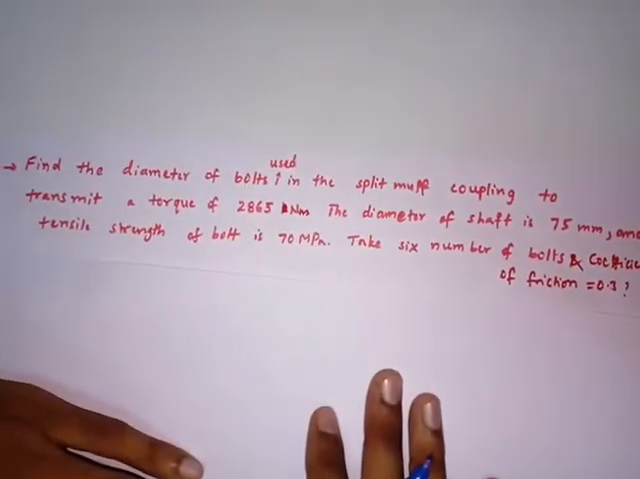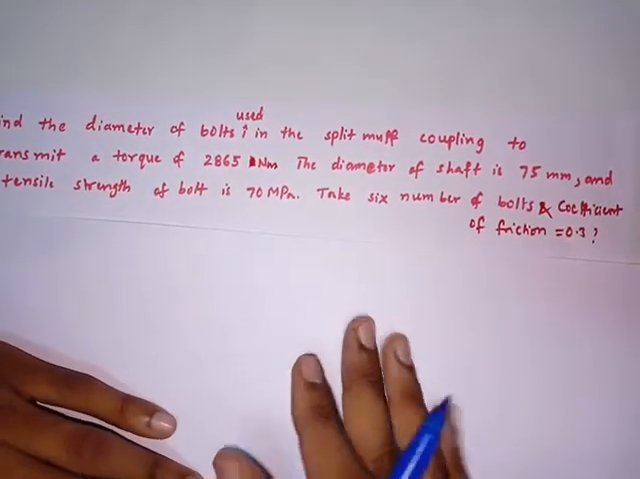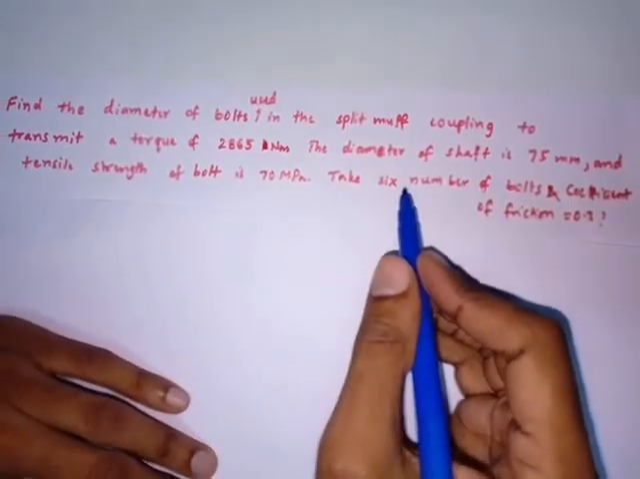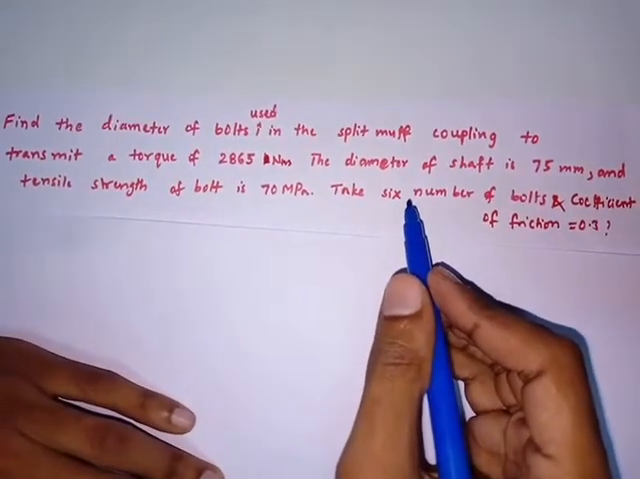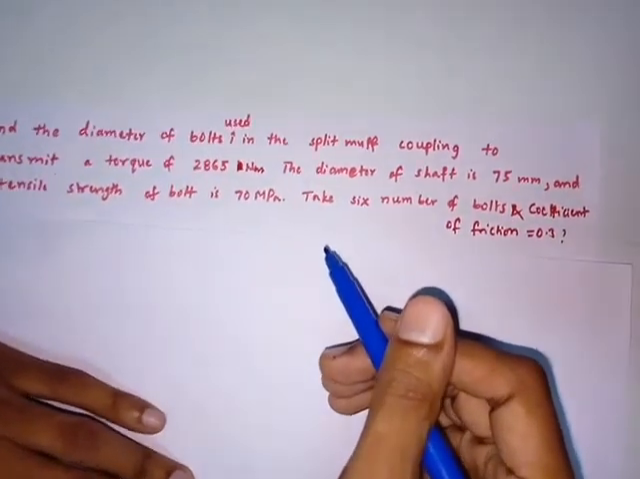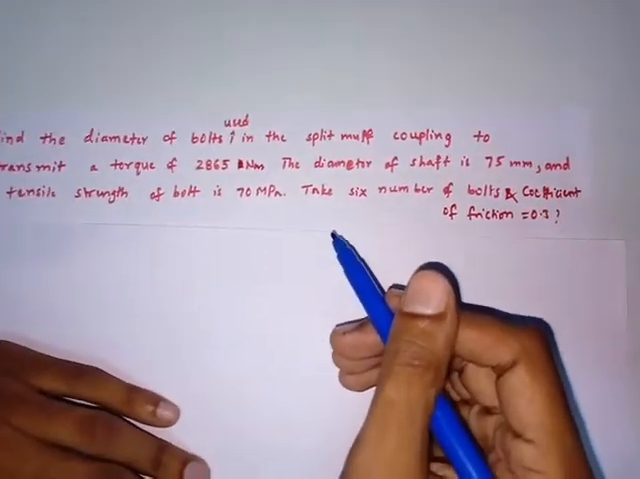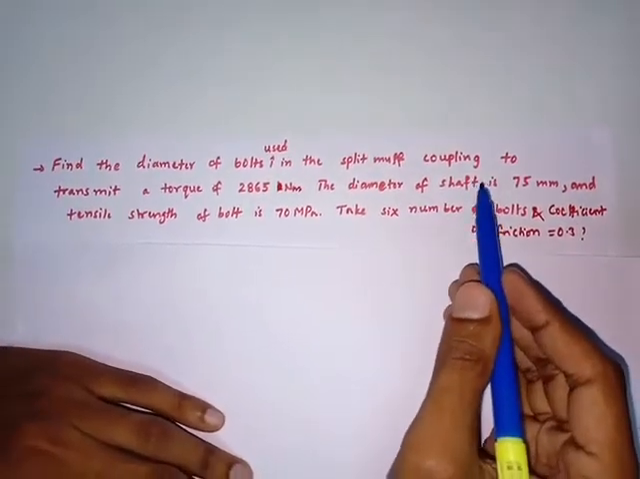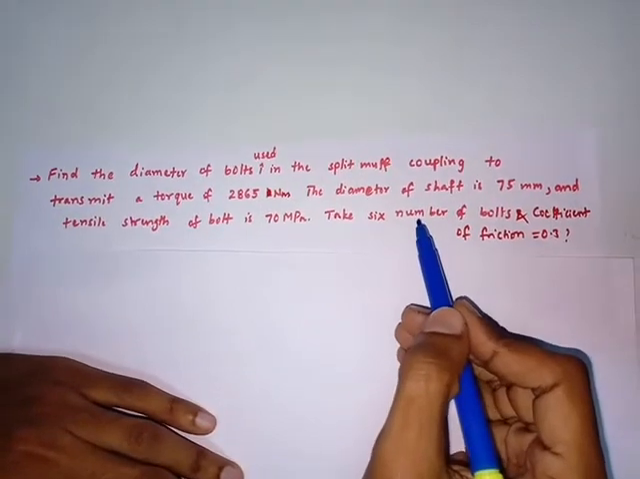Now we are going to see the problem on split muff coupling, and this problem is exclusively to find out the diameter of the bolt. Why? Because in the split muff coupling design problem, finding out the diameter of the shaft, the diameter of the key, and the dimensions of the hub will be done the same as for the muff coupling. So this is the problem exclusively to find out the diameter of the bolts which are used in the split